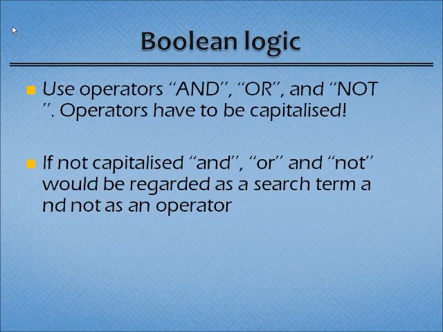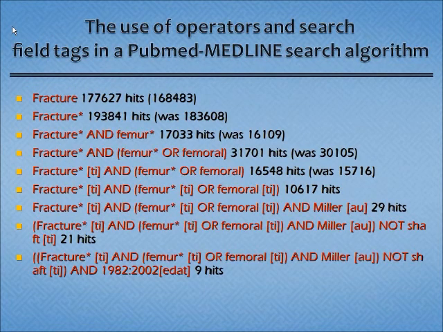One very important instrument that makes our life easy is Boolean operators. Boolean logic is a kind of search method used in many search engines, not only in PubMed, but also in Google, Embase, Quora, and others. The Boolean operators are AND, OR, and NOT, but these operators have to be written in capital letters. If you write them like this, it doesn't work. And how does it work? I will explain to you.